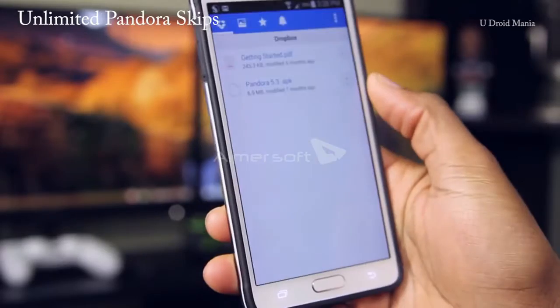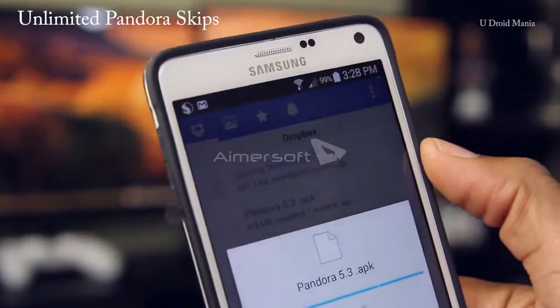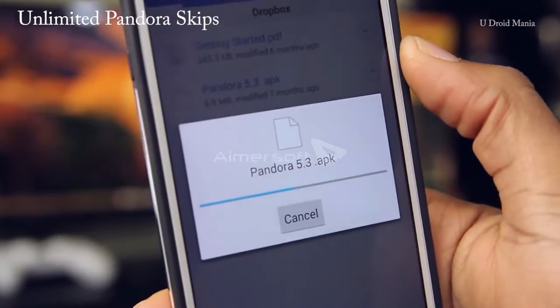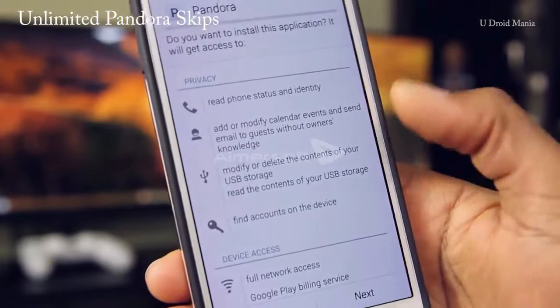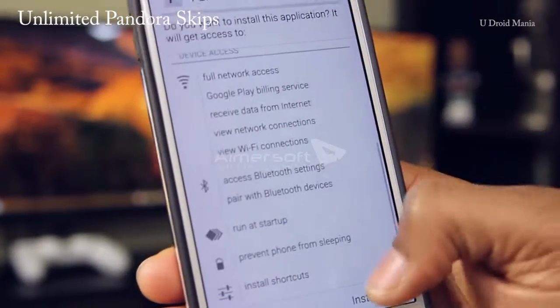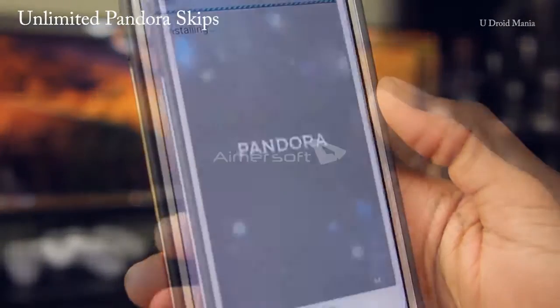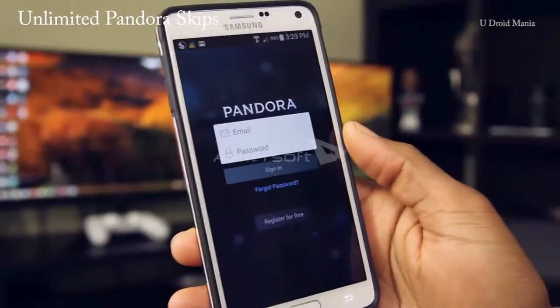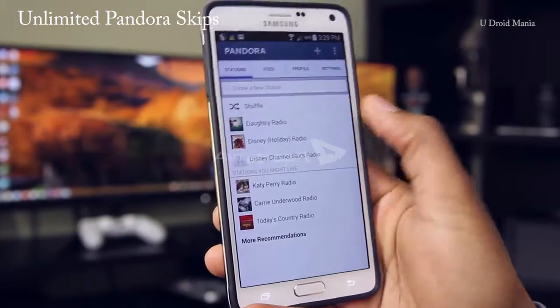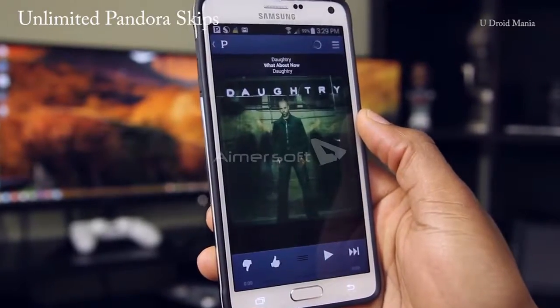You'll find a link down below which will contain a Dropbox file that has the APK for Pandora in there. It's 5.3 as you can see here. You'll also need to make sure that you've got your phone set up to download files from unknown sources. And for me, because I'm on my Galaxy Note 4, it automatically does that for me. I get a prompt. And as you can see